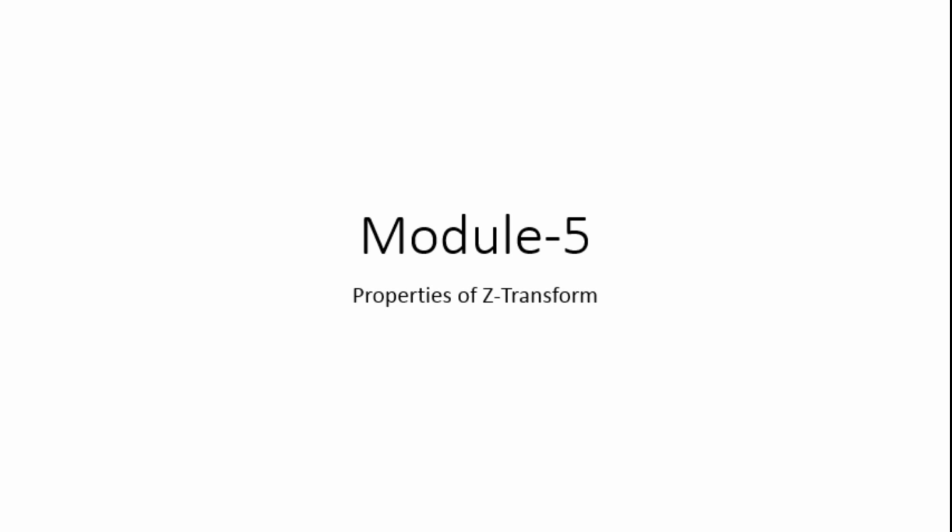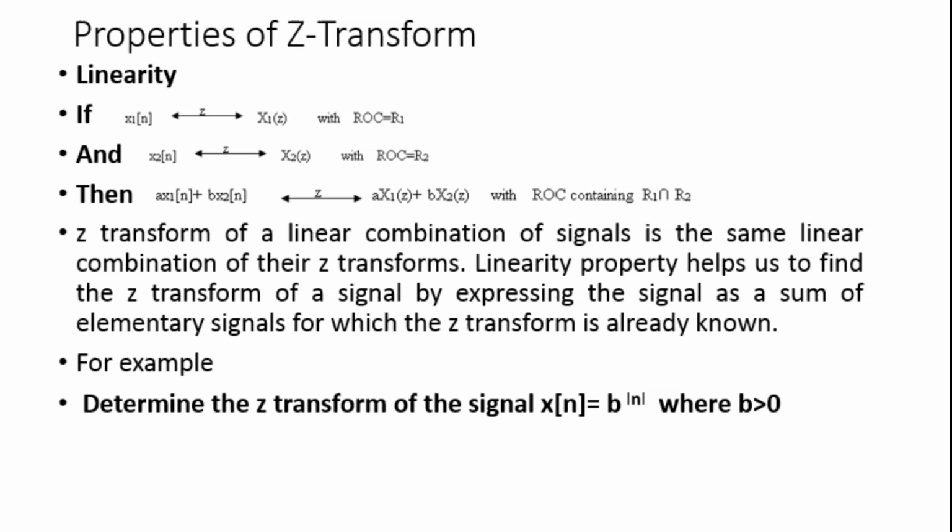Today we are going to discuss properties of Z transform. The first property is linearity and the statement is: if we take Z transform of x1 of n,